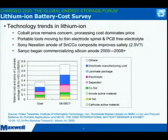And I'm sure a lot of folks in here are familiar with the breakdown on some of these costs. But even if you push this to what the goals are, you can see that the material costs here are still close to what they are. You're basically going to hit the floor of the materials. The rest